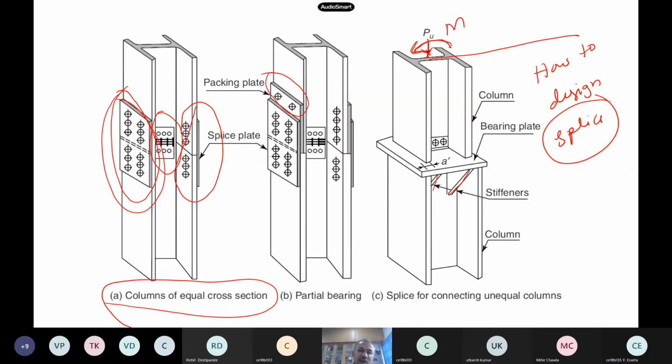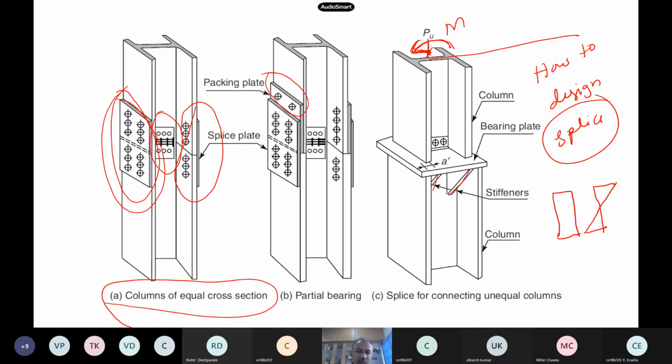So if the column is subjected to bending moment also, apart from the compressive load, because of eccentricity or whatever, of course bending stress is the same as axial stress only. Axial stress is simply tension or compression. So bending stress is also axial stress only, but there will be a sign change.